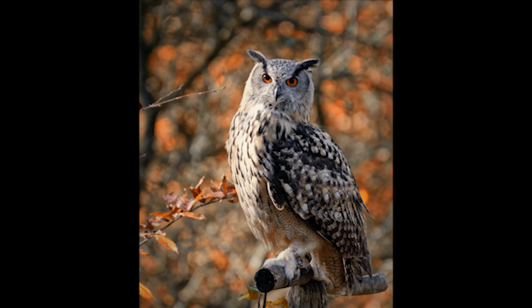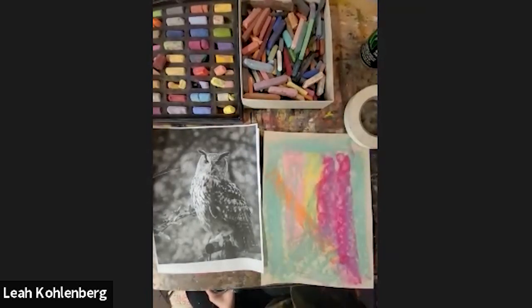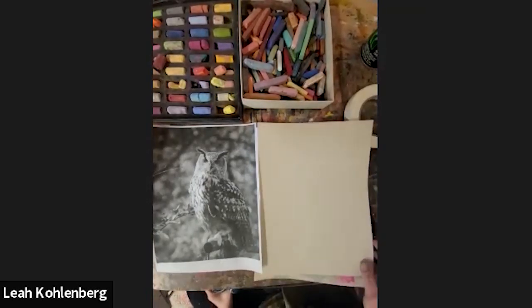So I already have a piece of sandpaper, which I made last week with sort of the color on it. So I'll be using that, but because I don't like waiting for it to dry. It usually takes a little bit. So